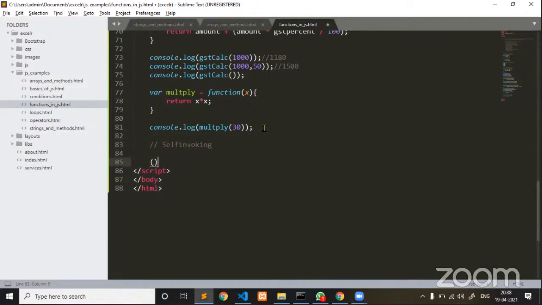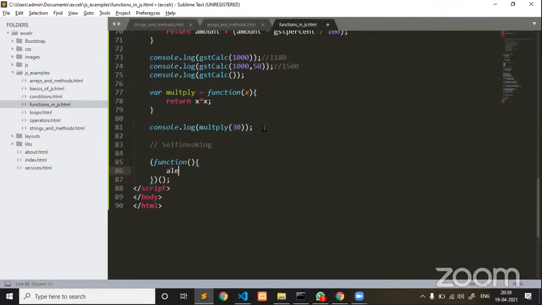Now the syntax is a little bit different. You see here, I'm using two function brackets, and within the first bracket, I'm going to pass an anonymous function as a parameter. This is how the syntax of a self-invoking function looks.